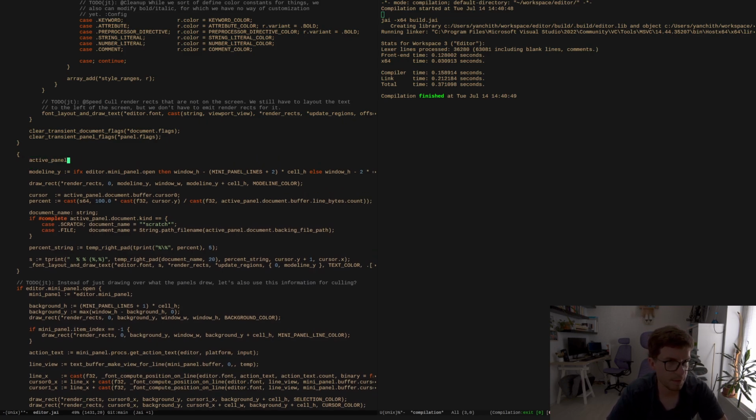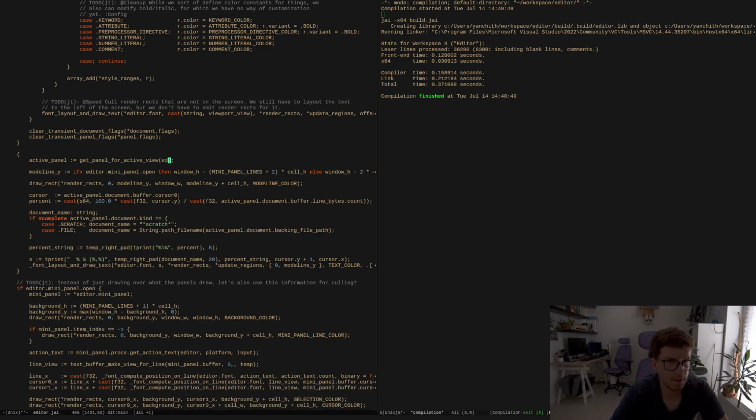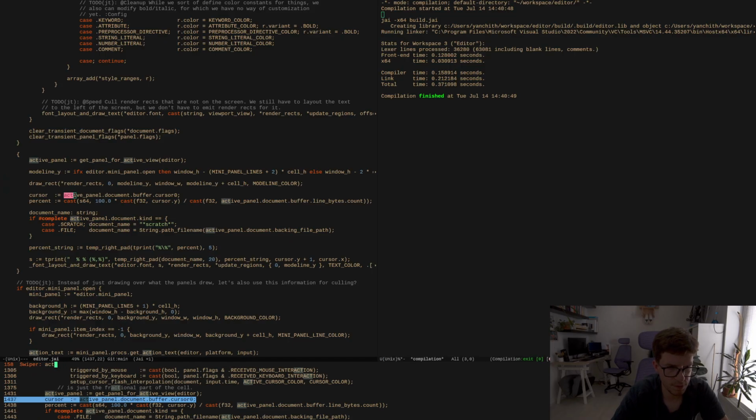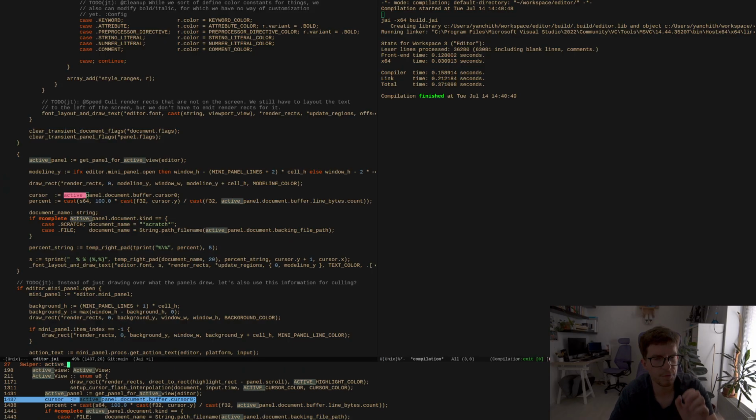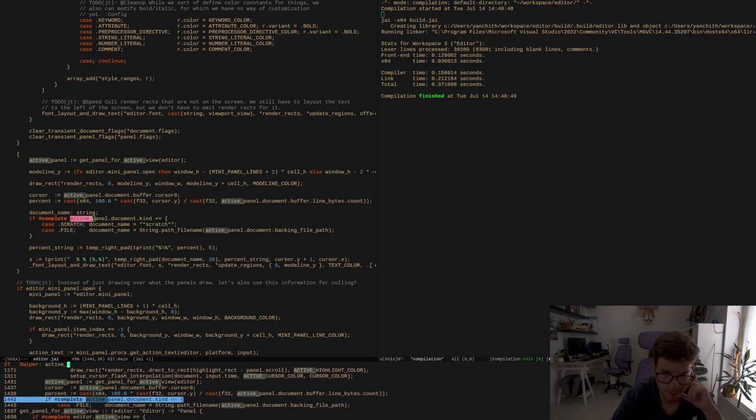So active panel is get panel for active view editor, because this basically tells you whatever you have selected with your keyboard, it just displays some information about that. So I think we want active panel here,